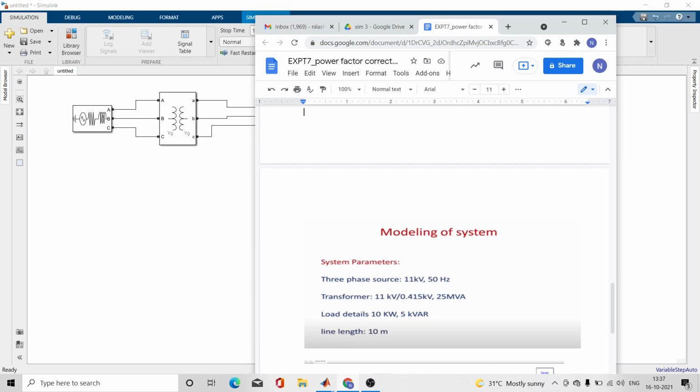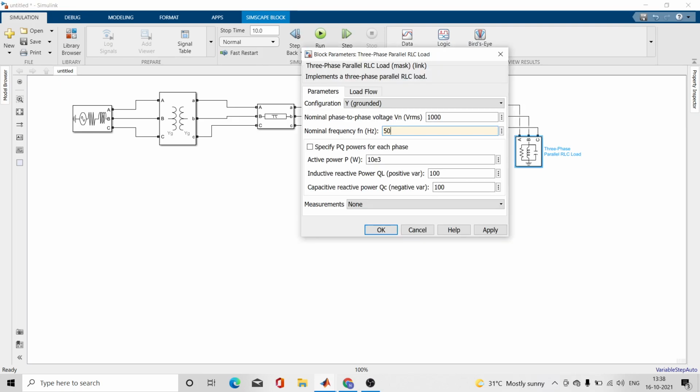The load details are 10 kilowatt and 5 kVAR. Power is 10 kilowatt and inductive power is 5 kVAR. So 5 e raised to 3. And negative VAR, capacitive VAR is 0.